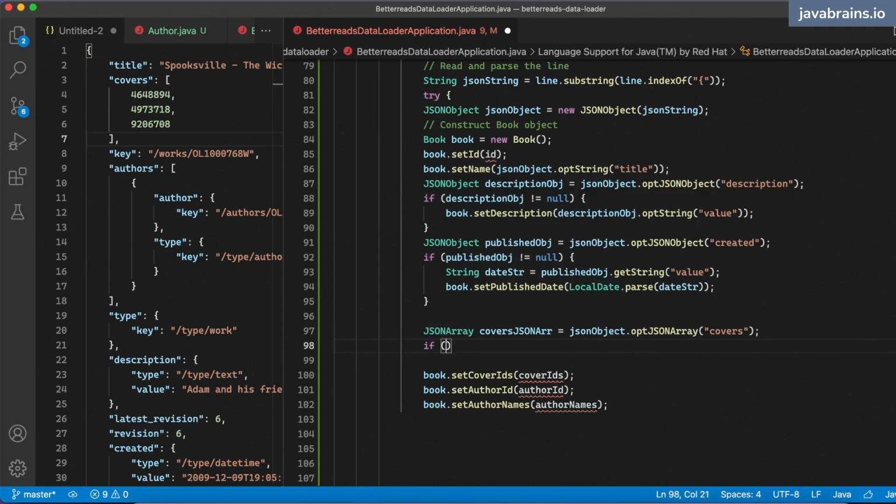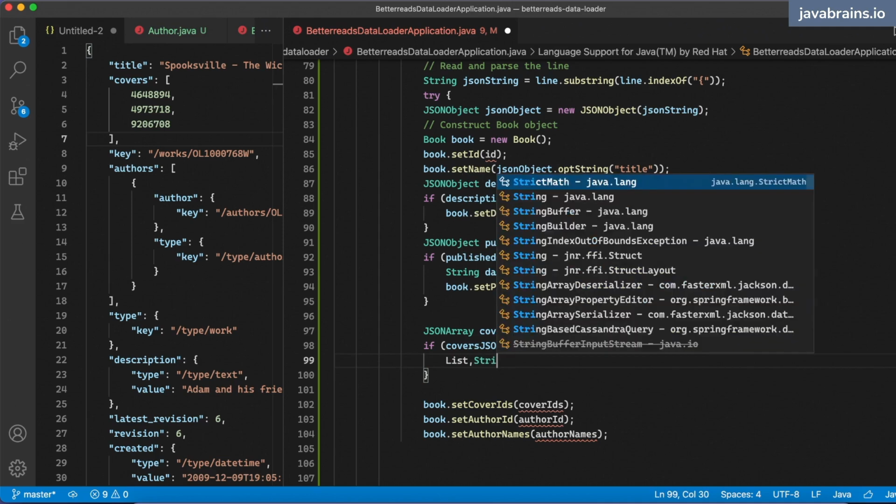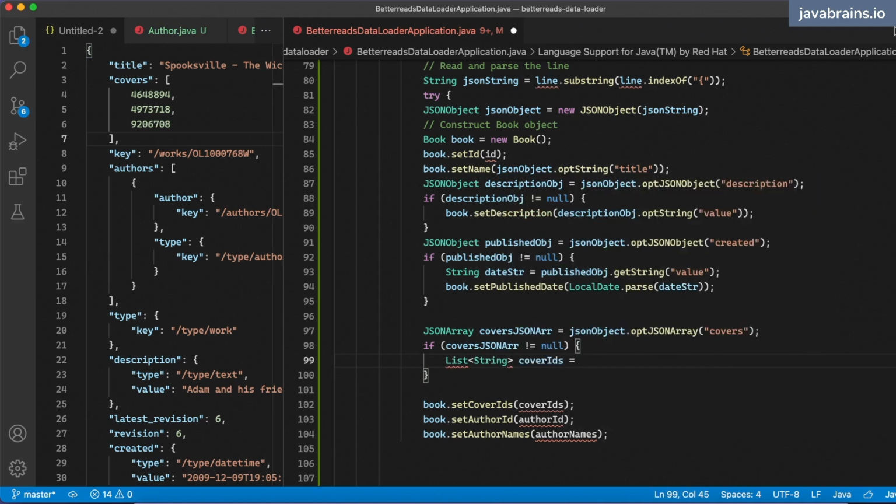And now if covers JSON array is not equal to null, I'm going to have to do this check every time because any of those could be null thanks to opt. I'd rather do that than have it throw an exception. So I don't have much of a choice here. So what do I need? I need to create an array of string, right? Because covers cover ID is basically an array of strings. So sorry, a list of strings. I'm going to create a list of string cover IDs equals new array list of string,